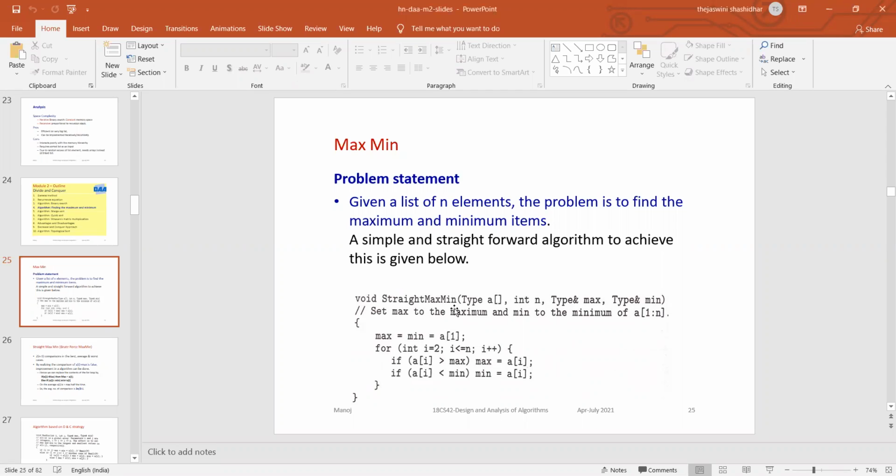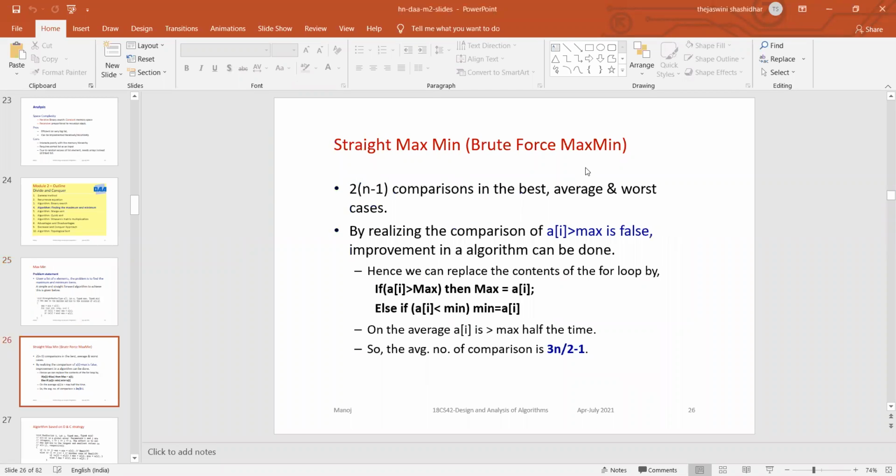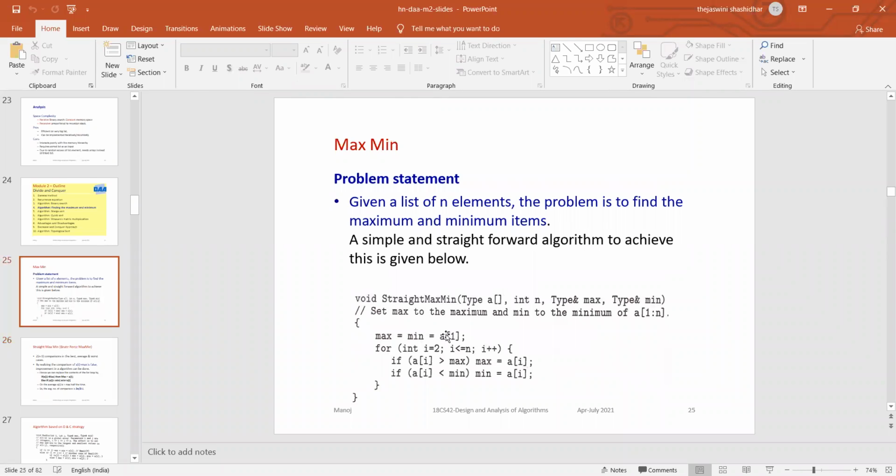Okay. So now you come for the next upcoming solutions. Okay. So how many comparisons do you have to do? So where are you comparing? Just think, how many comparisons? One comparison with the max element, that means the second element with the max element. The other comparison is the second element with the min element.